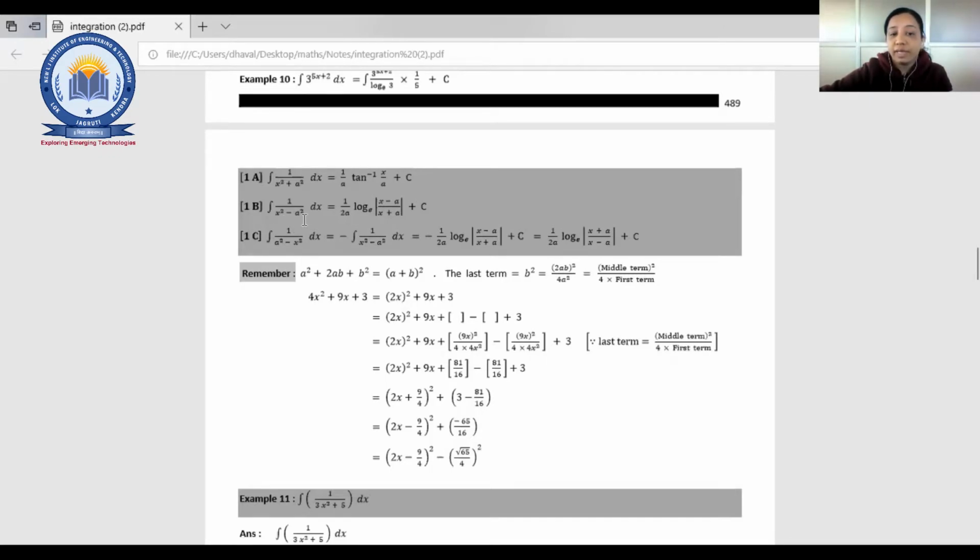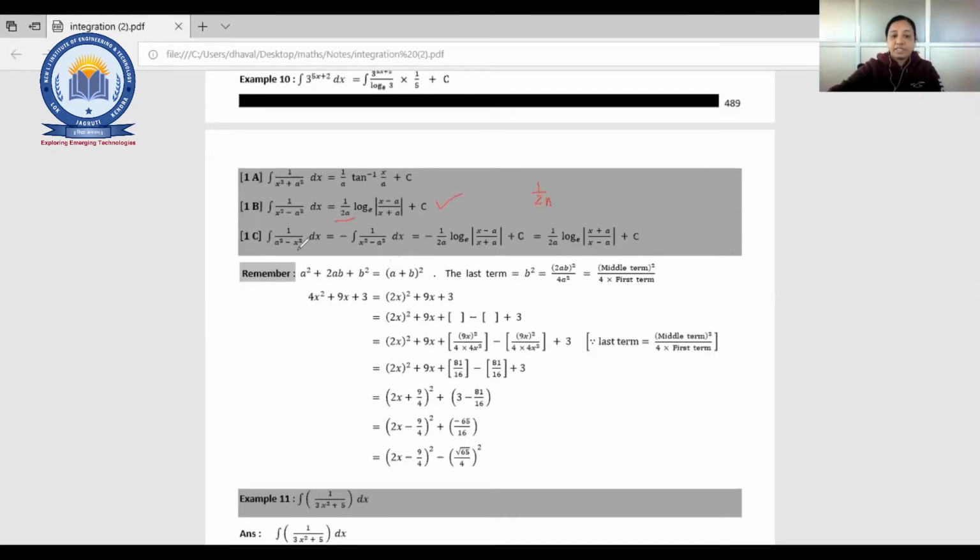Another one is x square minus a square, which we have seen here. And in the last example, we have seen x plus n and x minus n. So the same thing is supposed to be there also, right? In that one, the answer will be 1 upon 2a. If you remember, we had taken 1 upon 2n. And finally, we get integration of 1 upon x minus a and 1 upon x plus a. So that can be rewritten as a log, and since there is a minus, you can write it in a division form.